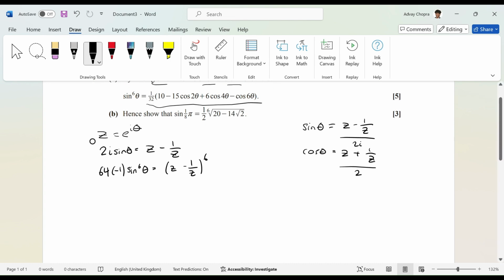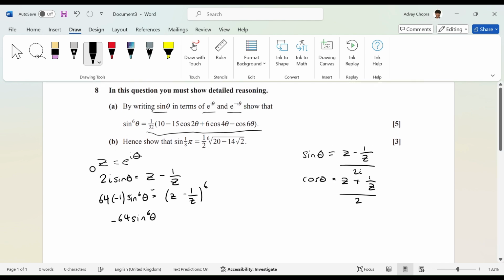So on this side, we have minus 64 sine 6 theta. You can already see that we've got what we want on the left side. We just have to take over the minus 64. And on the right side, we basically just have a binomial expansion. We just have to expand this using normal binomial expansion, which is just regular A-level stuff, so it should be pretty easy. So then we have z to the power of 6